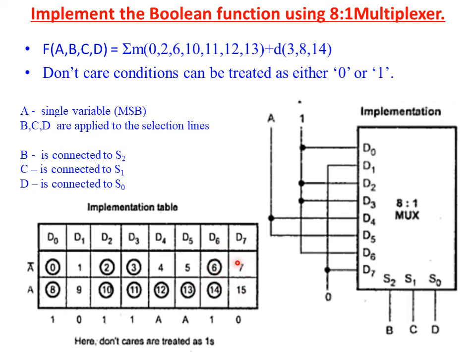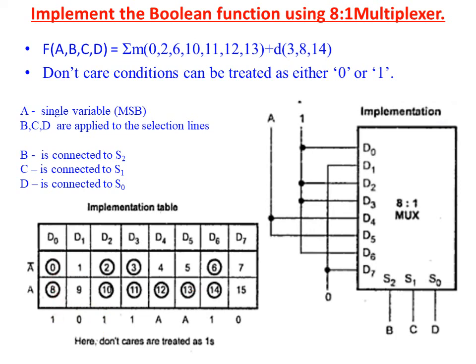So here we will start the output expression. Here nothing is grouped, 0. Here both are grouped, 1, and here only this combination is grouped, so A. Here only 12 is grouped, so A. Then 3 and 11, 3 is a don't care. So here both are grouped, so the answer is 1. Here 2 and 10, the answer is 1. So 1, 9, the answer is 0. 0 and 8, the answer is 1.